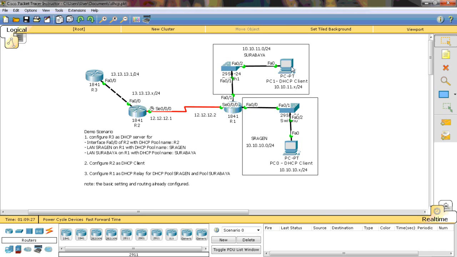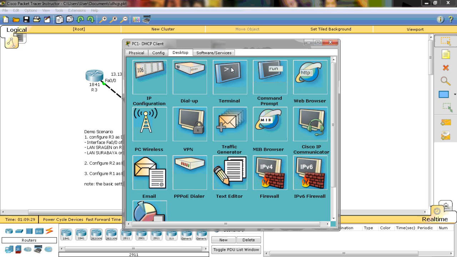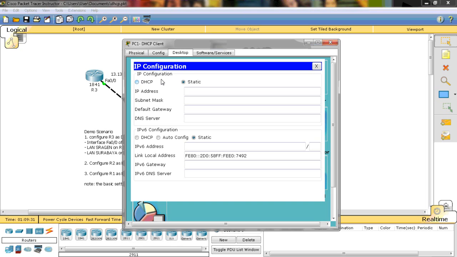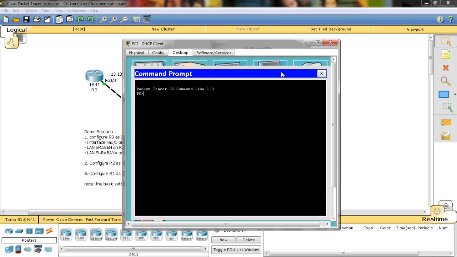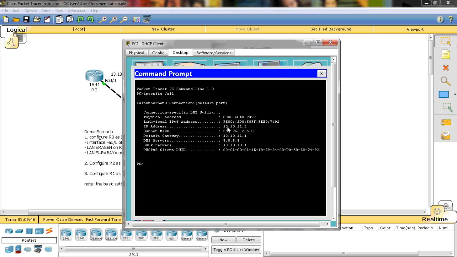Okay, and then we do something similar for the Surabaya. Okay, we try to request. Oh, we got it. Okay, we got it, and we try to check ipconfig /all. Okay, we got this IP 10.10.11.2, and the subnet mask is 255.255.255.0.